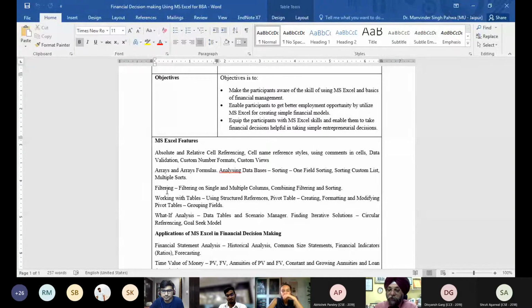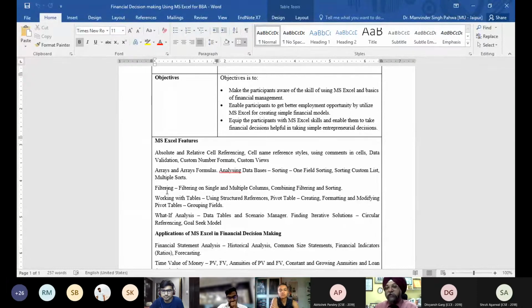Because most of you are engineers, from IT or CSE fields, you might have studied programming. So what-if analysis is a part of if-then type of thing in the data structures which you might have learned in your programming itself.